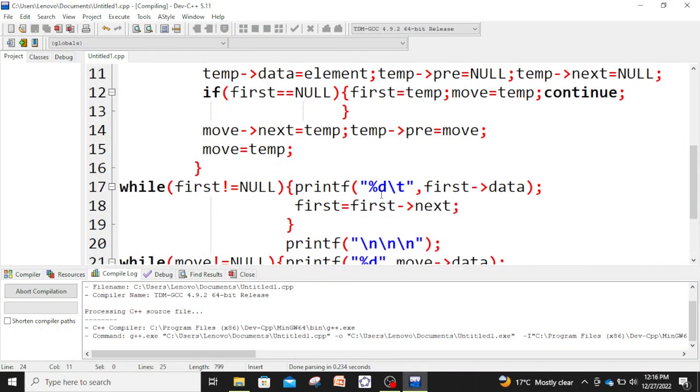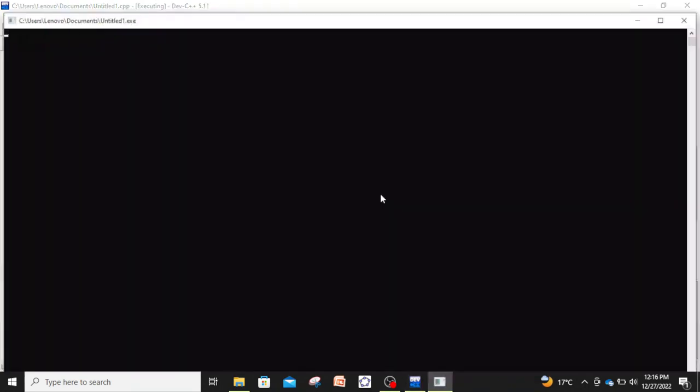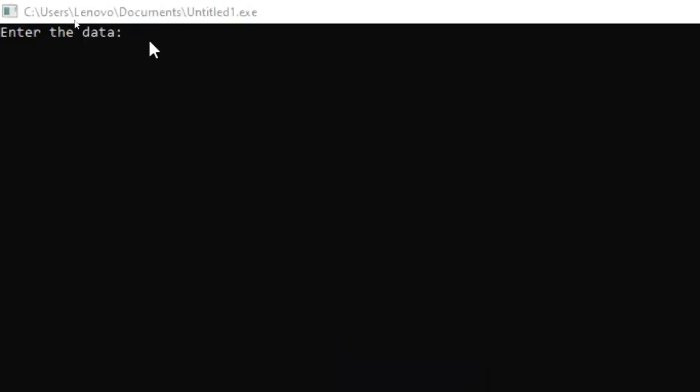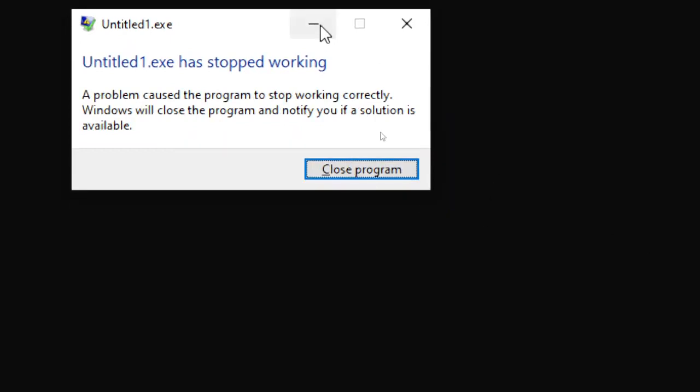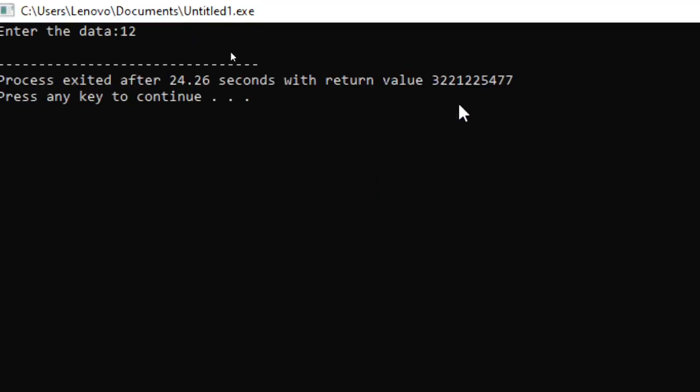I have saved. Now it runs. Here you see it says enter the data, and now I enter 12, and you see that there is some problem with this program. When you face such a situation and you observe that the return value is not 0,